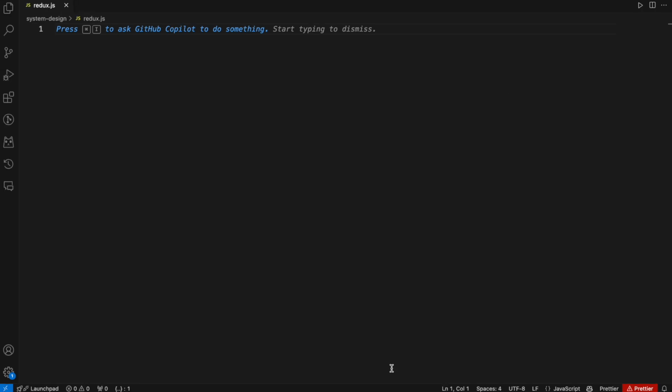Okay, so now we're gonna be implementing Redux. It's a specific version of Redux, so I'm gonna first show what the expectations are. The expectation is for us to create a const, for example,